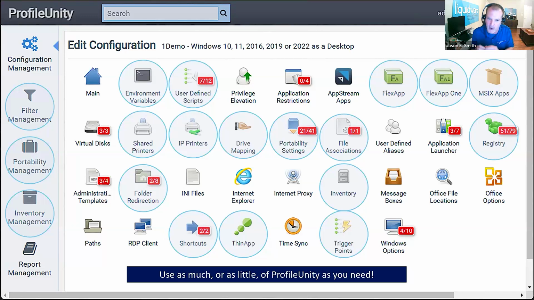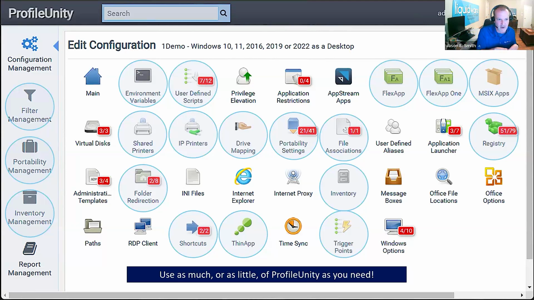application data and things like that, you've got a homegrown app that's saving to a weird spot, go over to portability management, pick part of the file system, pick part of the registry system where you know those things save, and it'll start to be treated as part of that user smart profile. And not for all users if you don't want it to, because then you can have a filter arranged with that, right? And then you see inventory management that runs in the background, and that'll grab inventory of applications installed,